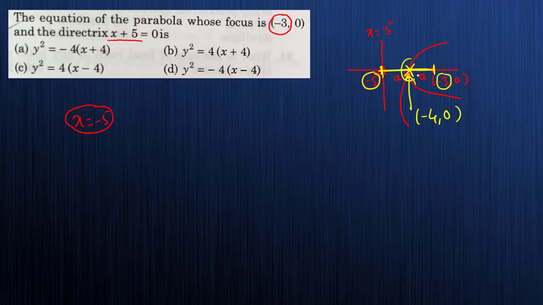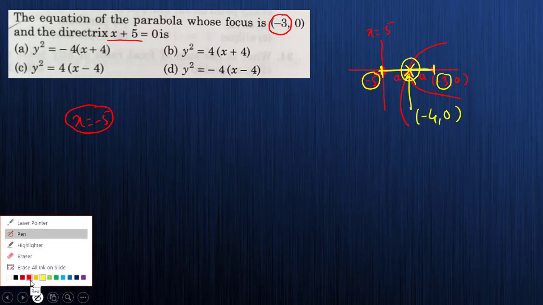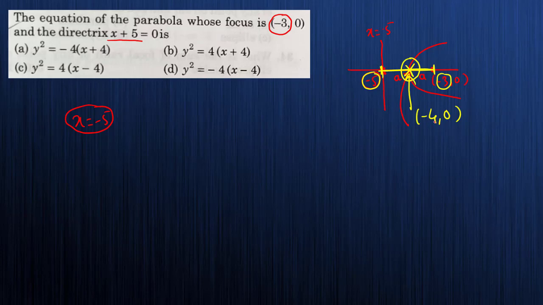This point will be what? It is (-4, 0), no? So check which option is giving you the vertex coordinates as (-4, 0). Meaning this will be my h value and this will be my k value. So y minus k will be 0. So y minus k, this. Okay, so if you think of y, all options seem to be very correct. Then what about the plus sign or minus sign? Which sign will you have? This is what? The right side parabola. It is a right sided parabola, meaning what? You will be having the plus sign.